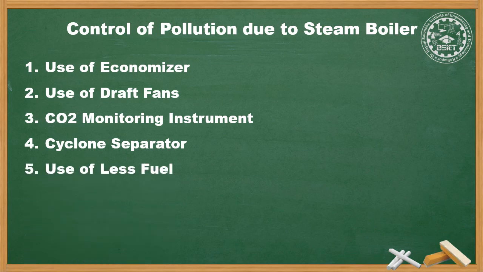The fuel used should be fired uniformly and it should be used in a lesser quantity so that the time required for burning is reduced and the bed thickness does not exceed the design level of the boiler. The height of the chimney should be properly designed to provide proper mechanical draft to the flue gases, that is, the height of the chimney should be more.